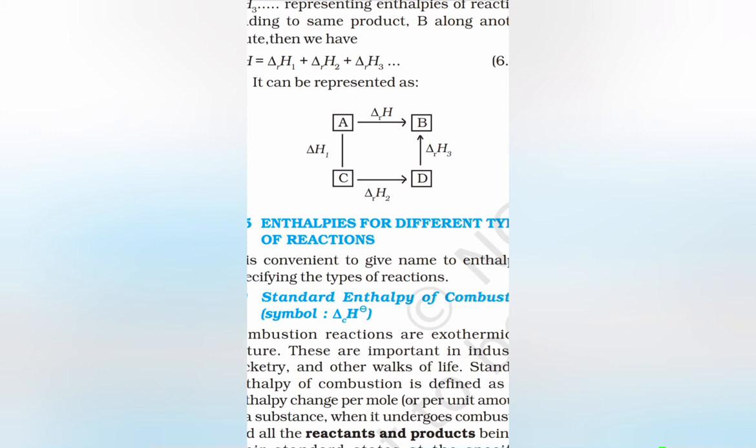That means in the slide we can see conversion of A to B. That's a normal reaction. That B is the product, and the enthalpy change is equal to delta HR. But in the other reaction, first A will be converted into C, that's an intermediate step, for that delta H1, C to D, that is delta H2, and D to B, delta H3. So as per Hess's law, total enthalpy, that is delta HR, is equal to delta H1 plus delta H2 plus delta H3. This is a very important law.